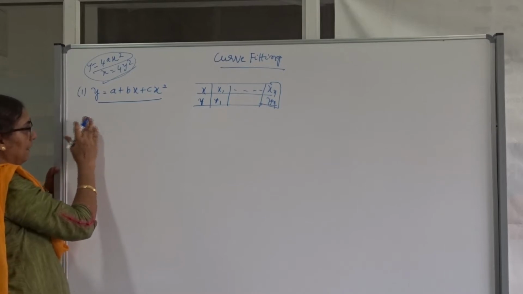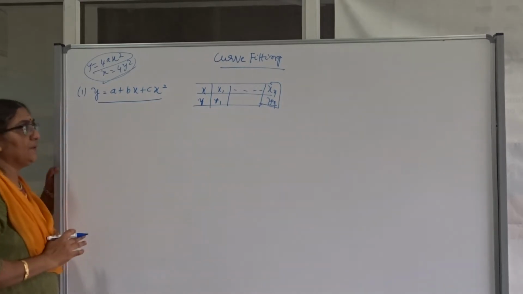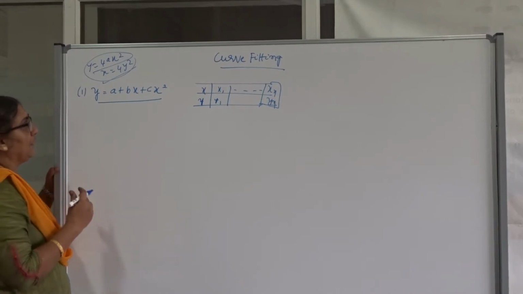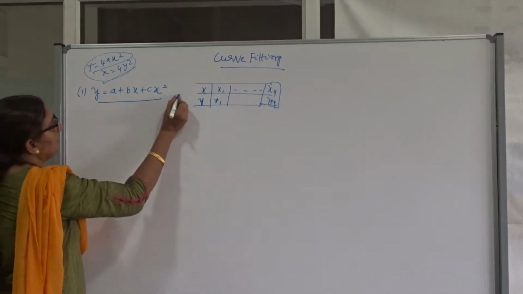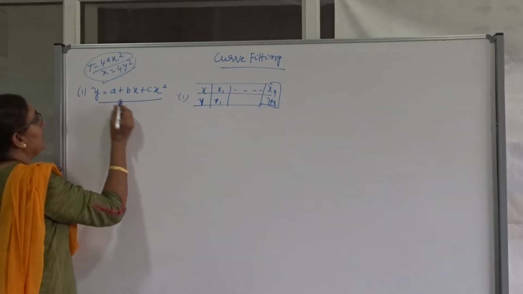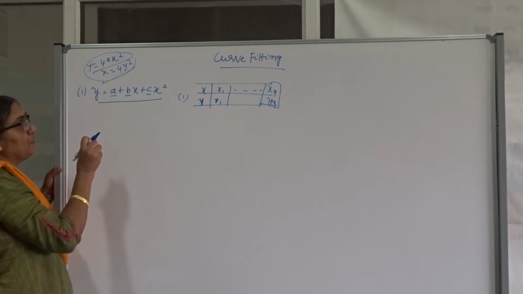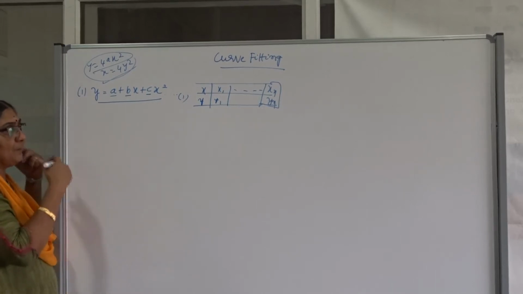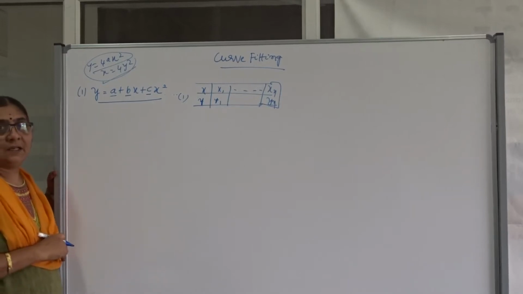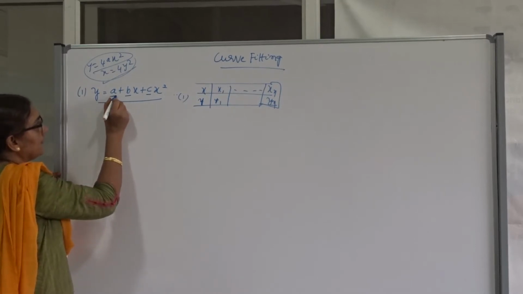I told very clearly in my previous video, if you want to find the best approximation curve from the given set of data by using the method of least squares, first you write the general equation. Here I want to find a parabola, so first take the general equation y is equal to a plus bx plus cx square. In this general equation, how many unknowns do you have? 3 unknowns. Now I want to minimize these 3 unknowns, so I have to differentiate partially with respect to a, with respect to b, with respect to c. How many equations are we expecting? 3 equations.